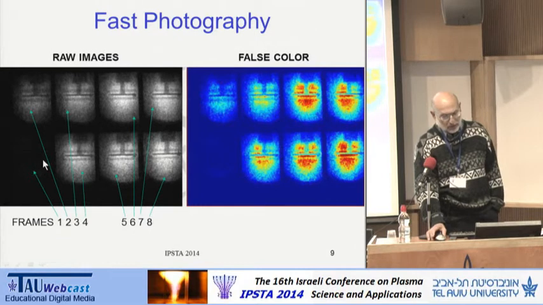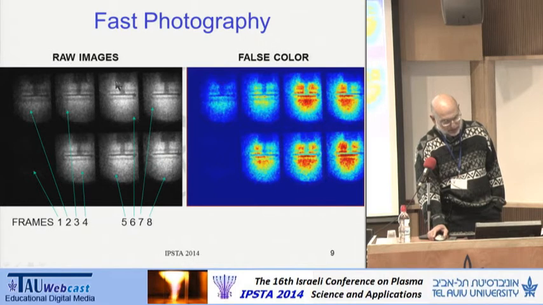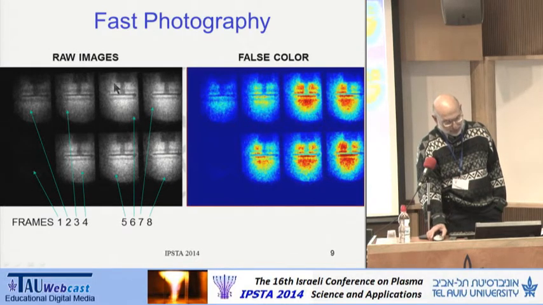On the left here is the sequence of photographs taken by the high-speed camera. These are organized as in the sequence 1, 2, 3, 4, 5, 6, 7, 8. And what we see is basically the same structure in all of the photographs except the first one, which we'll see actually occurred before the current had established. And then if we made an intensity profile over a swath of image space, starting from this point at the corner of the insulator and going through the electrode,